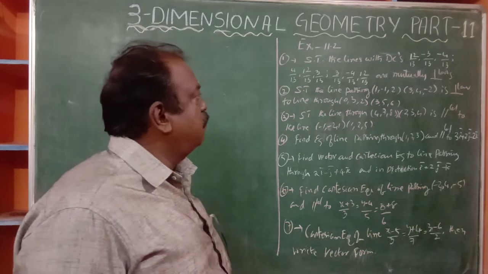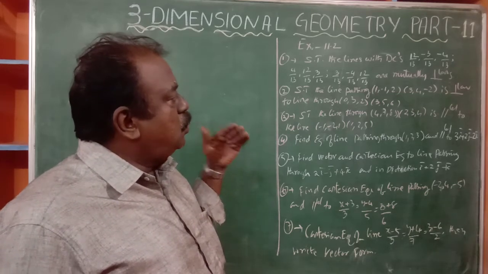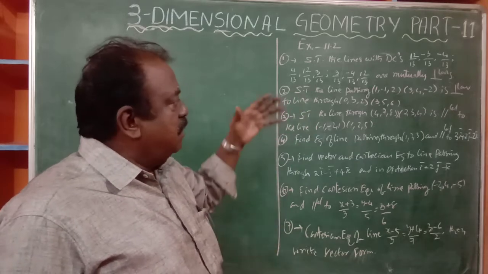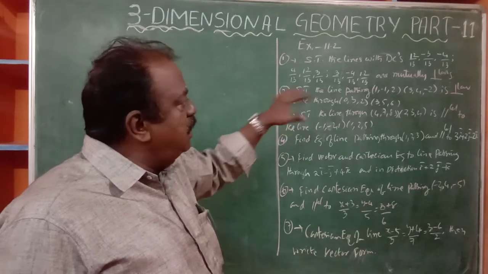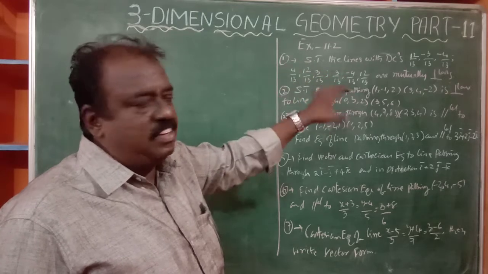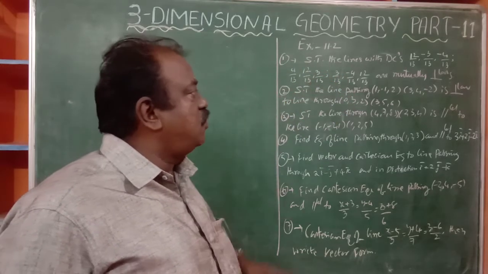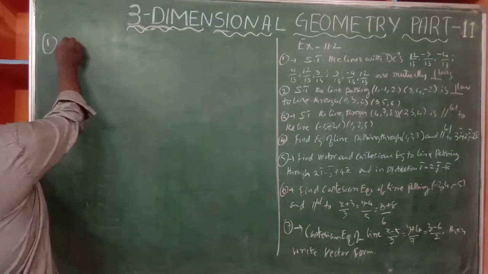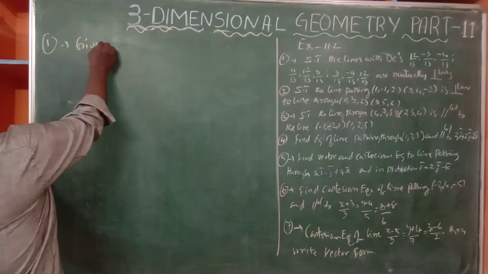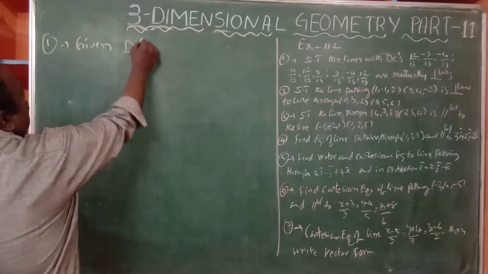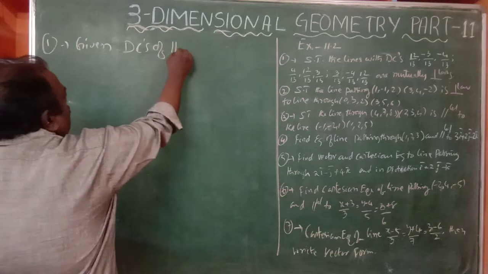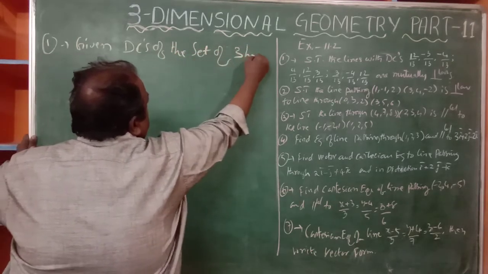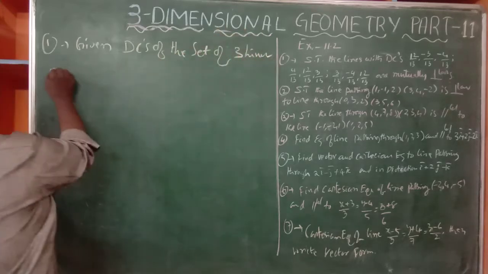Very good concept. We have to show the lines, but line equations are not given. The line means, no doubt, it is containing DRs or otherwise DCs. We are given DCs. You see, observe it. First one, given the DCs of the set of three lines are